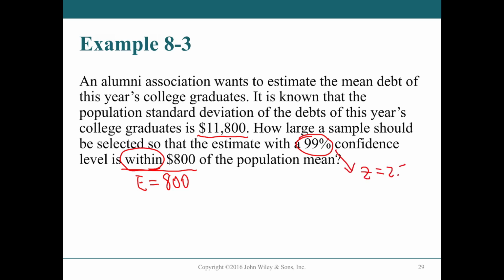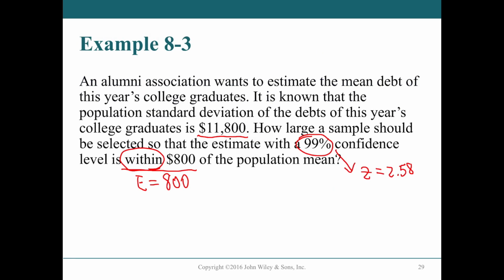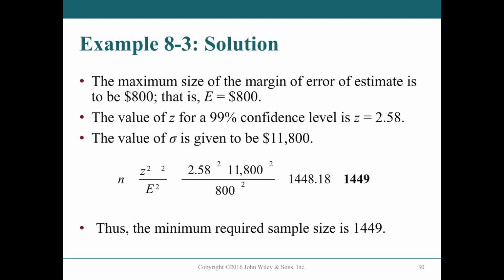And the standard deviation is 11,800. We're going to need a z-score for sure. The z-score here will be equal to 2.58. Go ahead and use the positive version because it'll be squared anyway. Negative squared is positive. A few of you forgot that on the test. Yeah, when you square a negative number, it does come out positive. There are no imaginary numbers in this class. So z, sigma, and E. Sigma is, let's see, yeah, here's the standard deviation. That is sigma. Sigma is equal to $11,800.